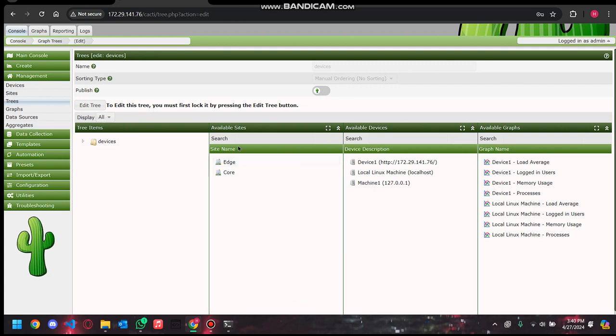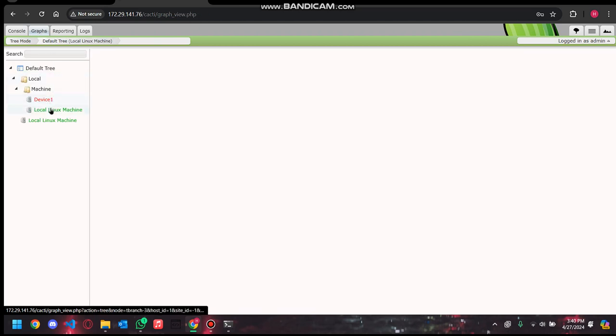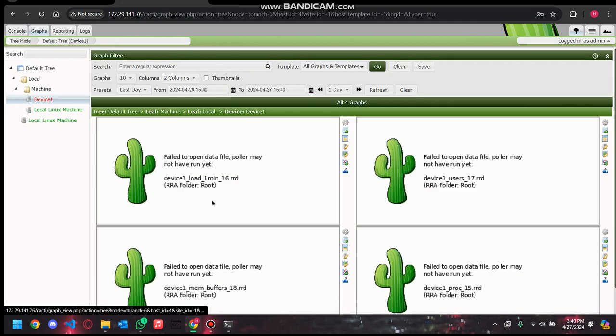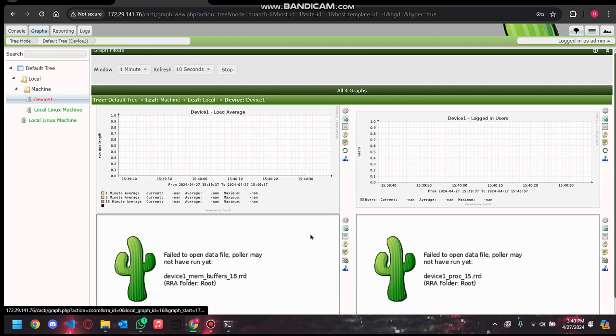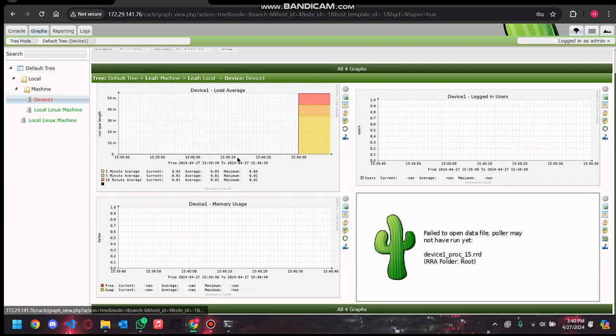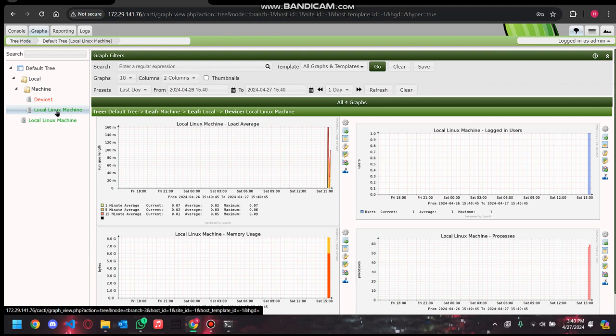To see the graphs of how your devices are doing, you can press on here graphs. And over here we can see our device 1. It's not there obviously because it wasn't connected properly, but if your device does exist, it'll appear here. But up devices, let's say local Linux machine, you want to see your own, this is what the devices will